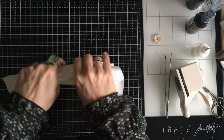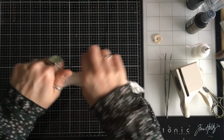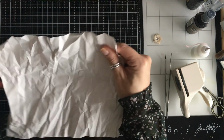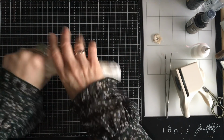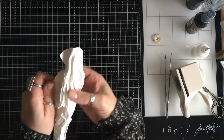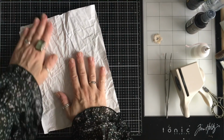Now I'm going to screw it up this way, and I'm going to give it some twists, and that way, and then I'm going to open it up, and then I'm going to screw it up this way, and again give it some twists both directions and open that out. Now I'm not going to lie to you, it is slightly more difficult to punch with your screwed up paper,